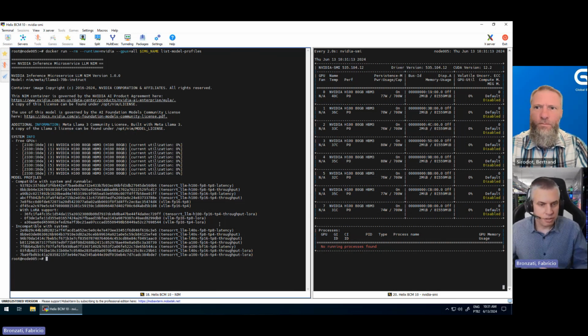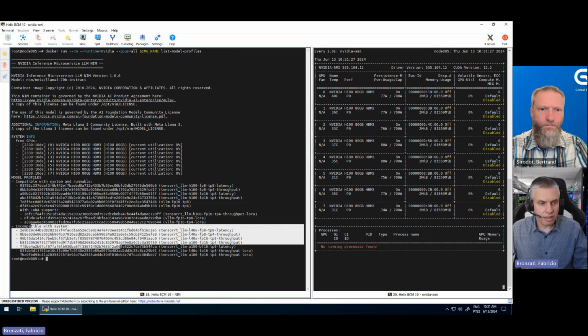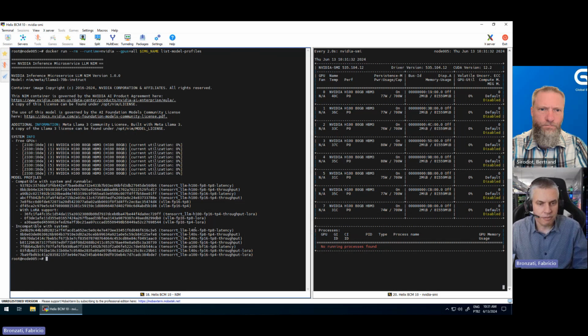It creates a small model that works combined with Llama 3. It's totally possible to do. And the incompatible ones are based on different GPUs, like the L40S or A100. If I'm using another model or server with those GPUs, with L40S for example, the answer will be different. The supported one will be the L40S.